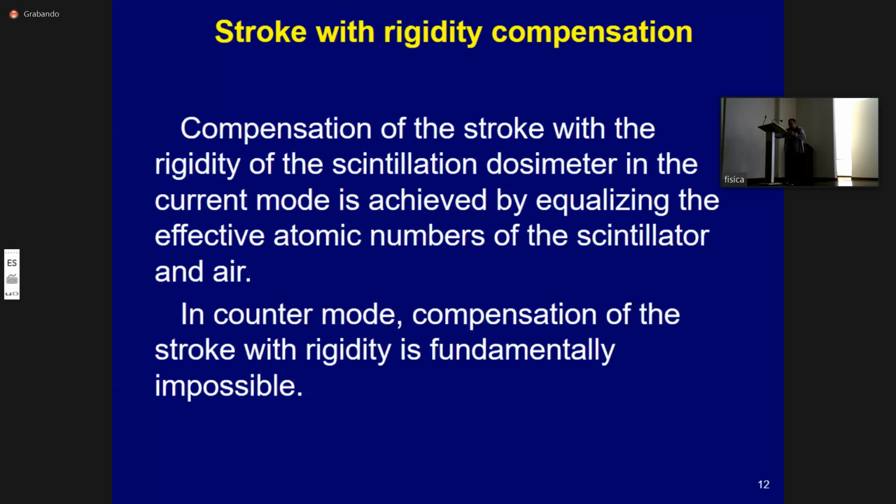A good way to compensate for the energy dependence of the detector sensitivity is to use a combined scintillator in which finely dispersed inorganic scintillator is incorporated into an organic one. In practice, this is realized by introducing 0.4% of zinc sulfide activated by silver into the scintillating plastic, which equalizes the effective atomic numbers of the combined scintillator and air. The counter mode of operation for the scintillation detector is mainly used for the purposes of radiometry